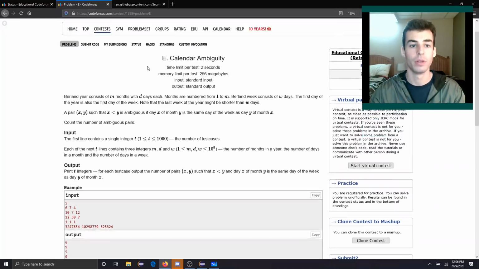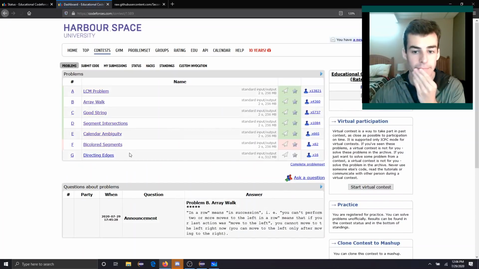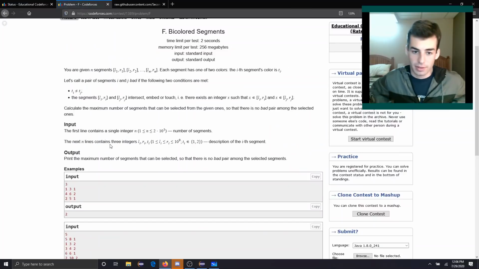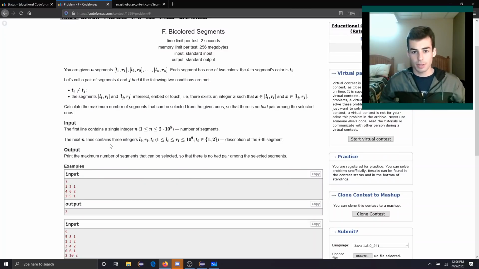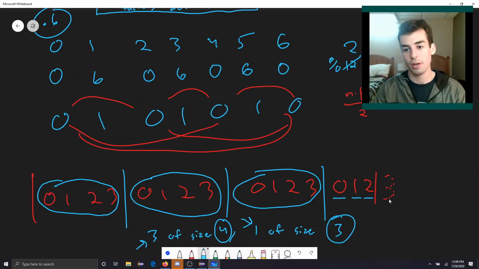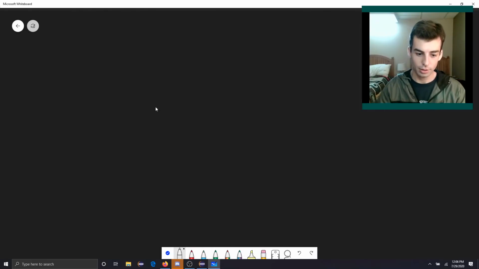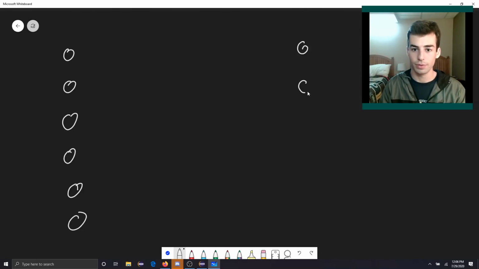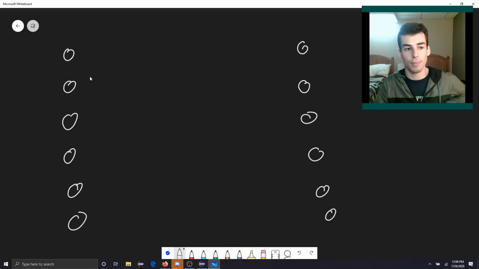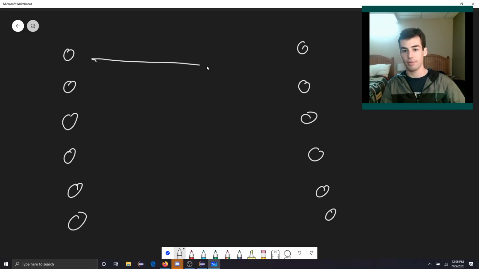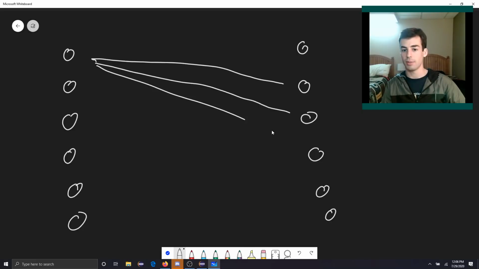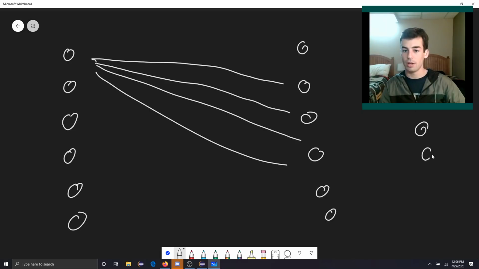So let's move on. It's problem E. Okay, problem F is a bit tricky. So you have a bunch of segments, and basically you have a bipartite graph, but you have a restriction on it. So it's pretty much a bipartite graph, but each one of these elements on the left connects to a continuous range of segments, and then you have a bunch of elements on the right where each element on the right connects to a continuous range of things in